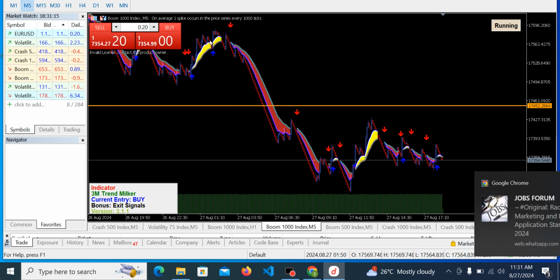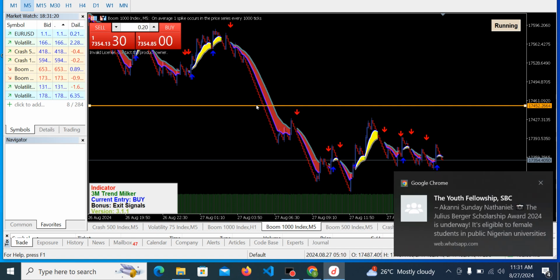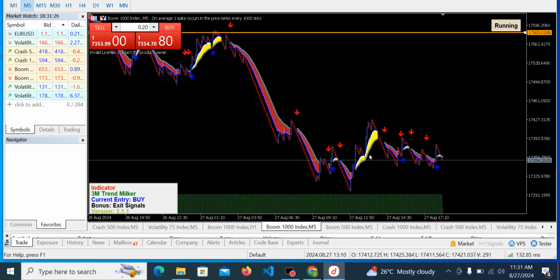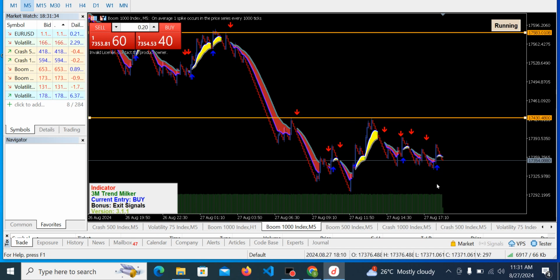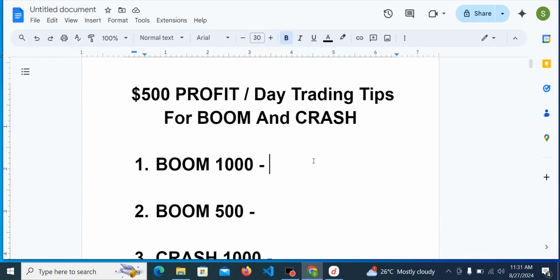Okay guys, this is Boom 1000. I'm on 5-minute time frame using the 3M trend Milka trading indicator. This started a downtrend right from here, and of course it started selling from there, got to this support zone, was unable to go further, so it went back on uptrend, and of course had another pullback right from this resistance zone. Right now it will be trying it out again. If it breaks out above it, it will keep on buying. If it does not, then it will sell again. So this should be giving us more of a buying opportunity